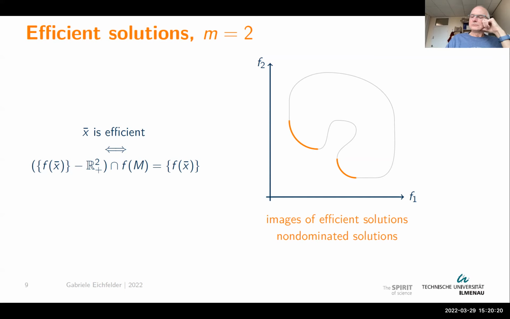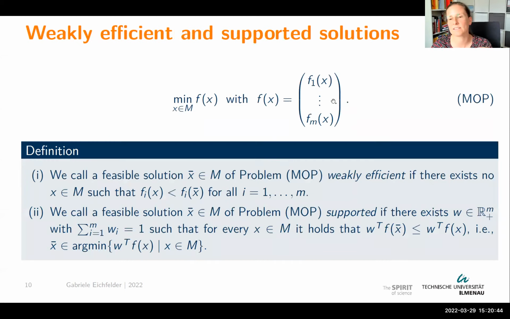So this is a standard notion. Typically, you're searching for efficient solutions. But on the next slide, I have to introduce the notion of weak efficiency, which is not so attractive from a practical perspective, but we need it very often in multi-objective optimization because KKT conditions, optimality conditions, scalarization results like a weighted sum approach, a lot of theoretical concepts only guarantee to us to find these weakly efficient solutions. And then after that, I'm explaining to you what is a supported solution because it will become very important on the next slides of the talk, because those are the points we are getting with these relaxations. But let me start with weakly efficient points.